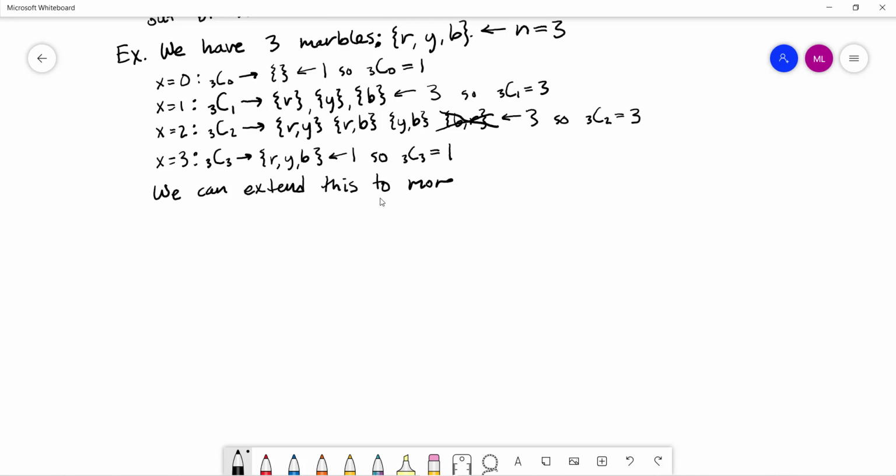to more objects, but it gets a lot more complicated. We're not going to be able to just do it off the top of our head. So there's a formula that will generate the numbers that we're getting here, the 1, 3, 3, and the 1. It comes from something called Pascal's triangle, if you've ever heard of that. It comes from something called a binomial formula, and that binomial formula involves, sorry, not exponential, factorial functions, which involve a symbol that looks like an exclamation point and means basically